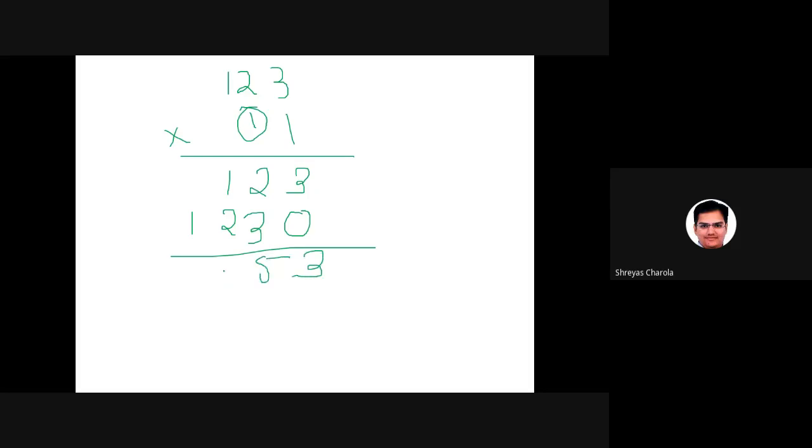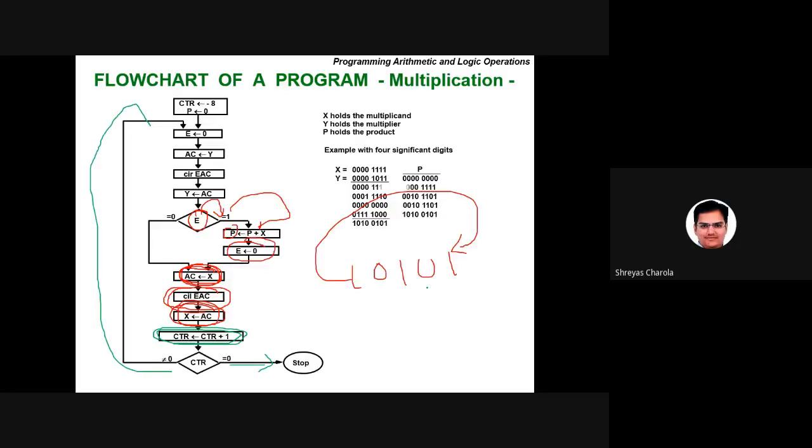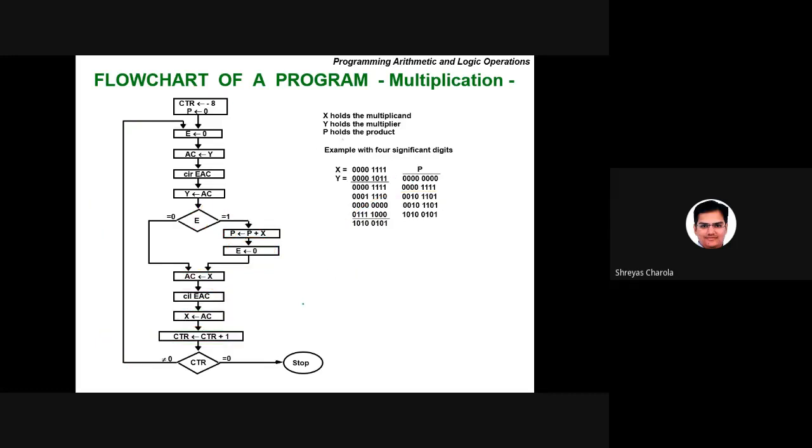Then you are doing the addition. Are you getting why we are shifting this number the second time? When you take the second bit, you need to shift the number left. Let's suppose one more 1 is there, that means one more time you need to shift. You'll do the same thing, 0, 0, and then you write 1, 2, 3. I hope now it is clear, all of you. Yes, sir. Okay. Let me go directly to the program that is written. It's the same algorithm, very easy to understand.